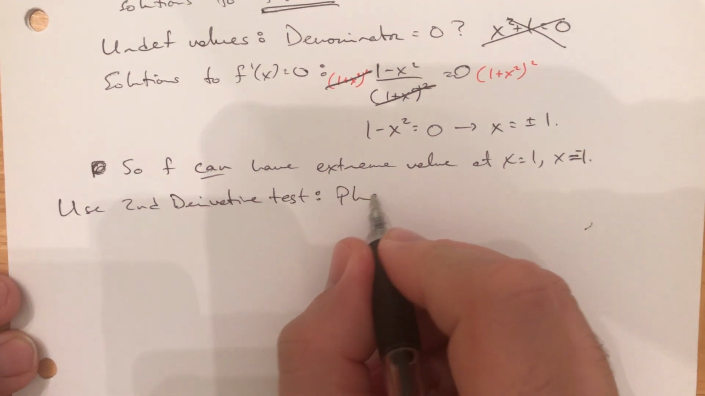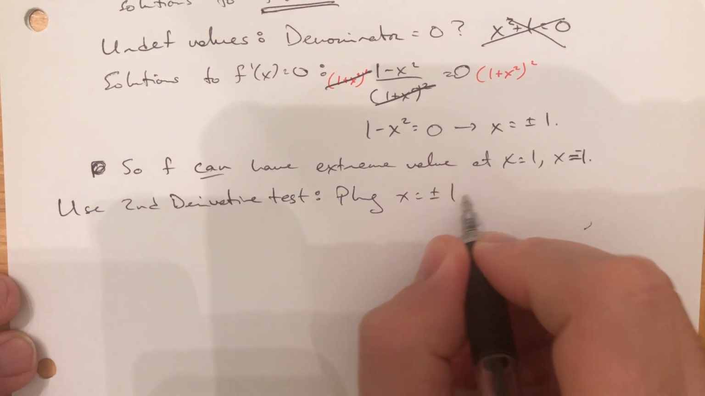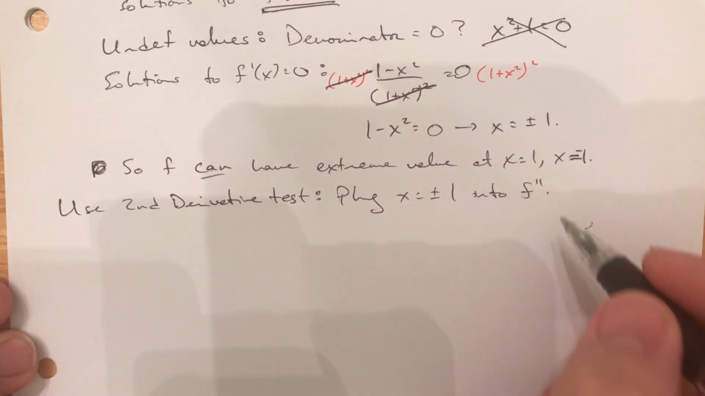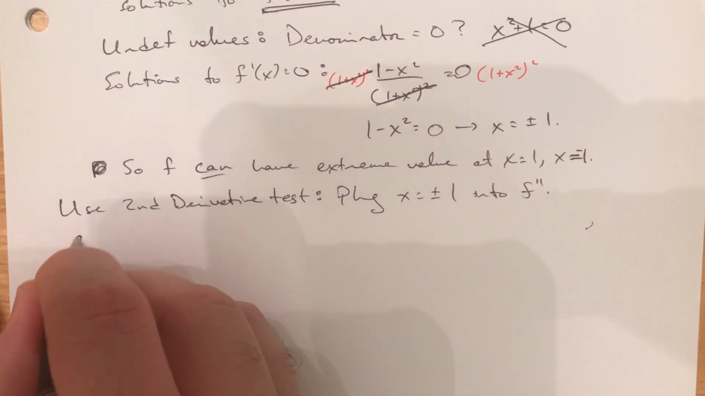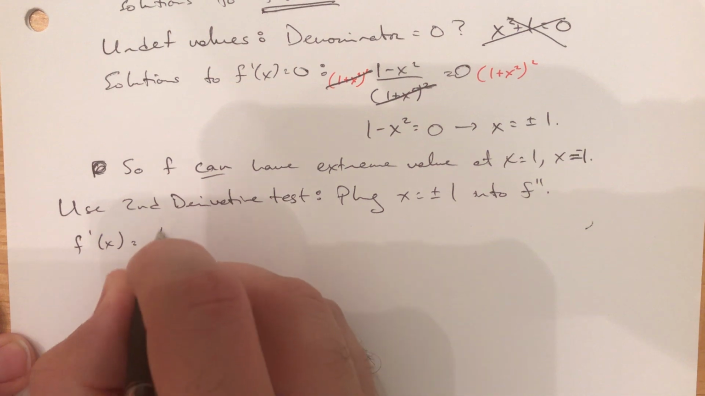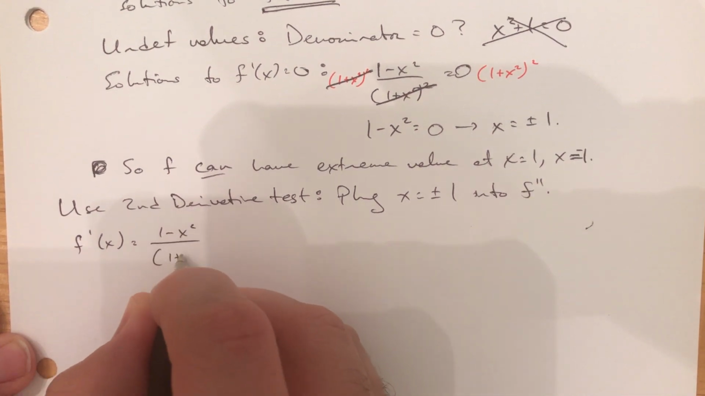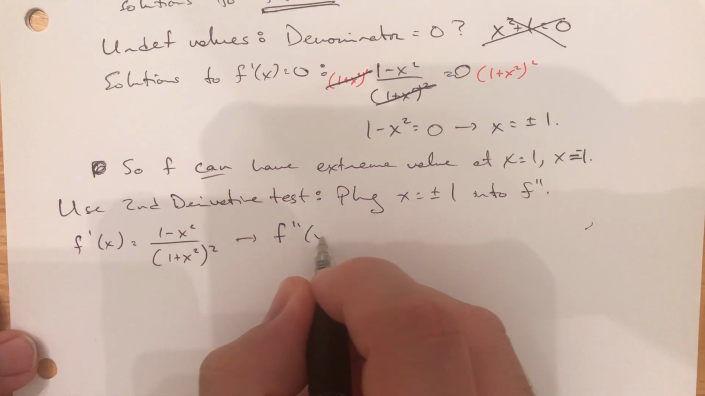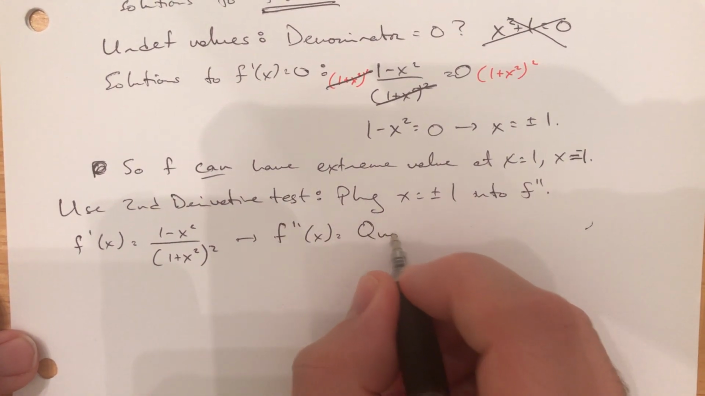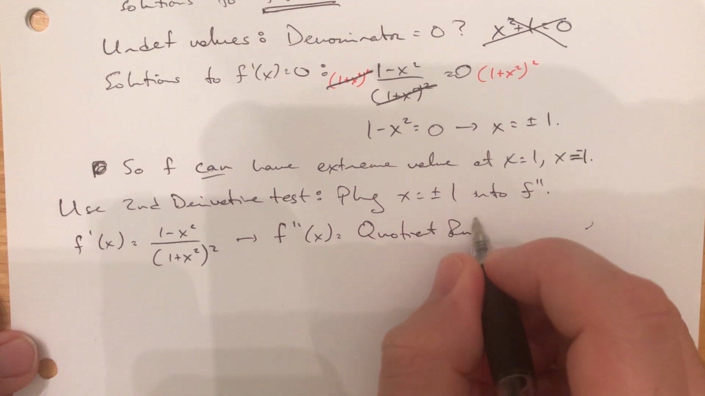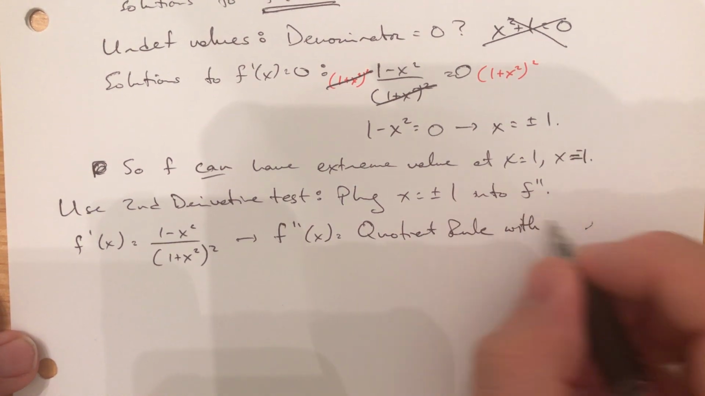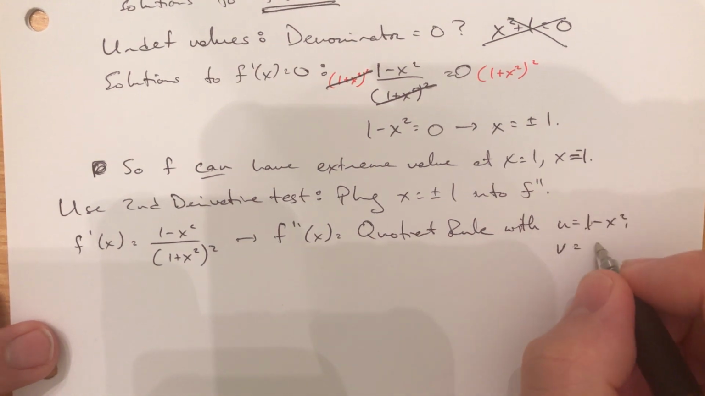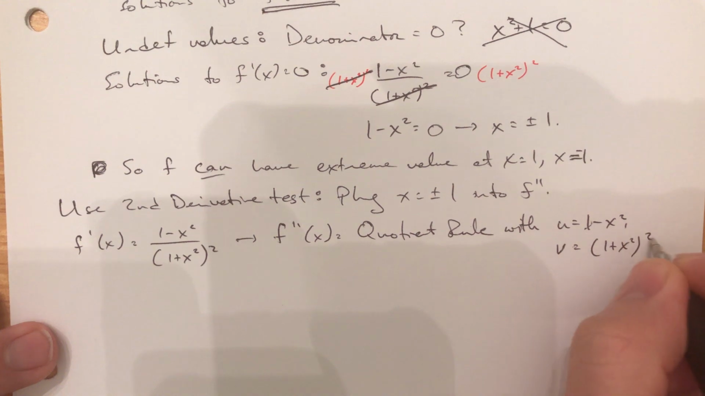We're going to plug x equals plus or minus 1 into f double prime. And if we're going to do that, we better find f double prime. f prime of x is (1 minus x squared) over (1 plus x squared) squared, again. So f double prime of x, again, is a quotient rule